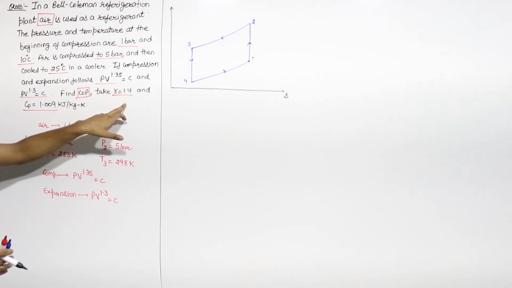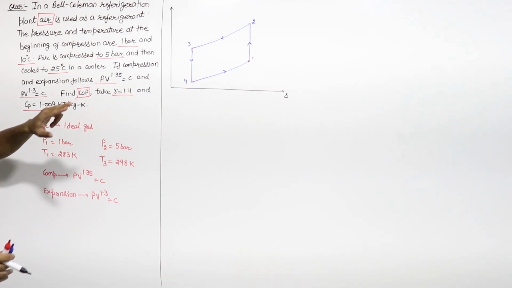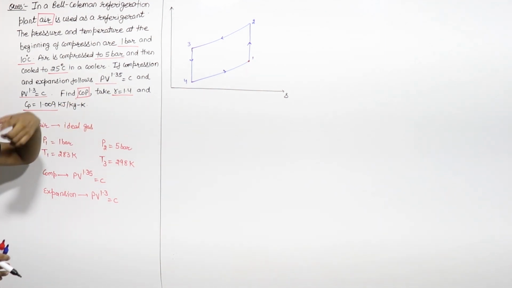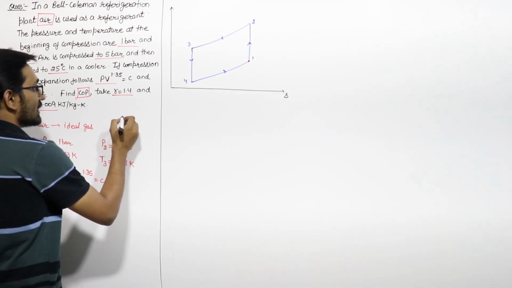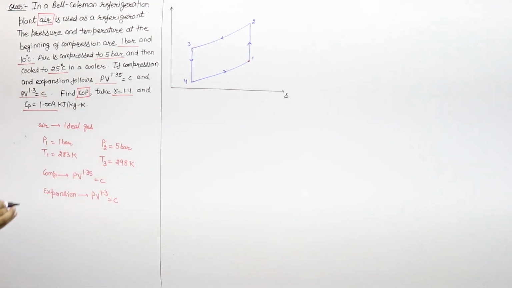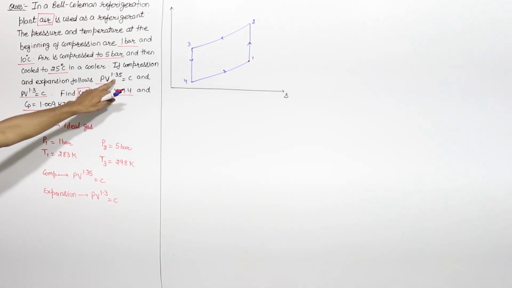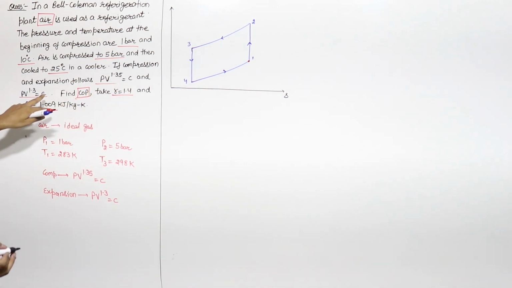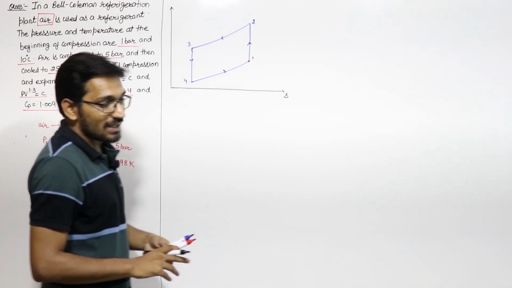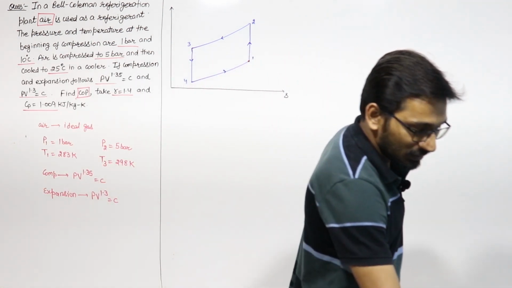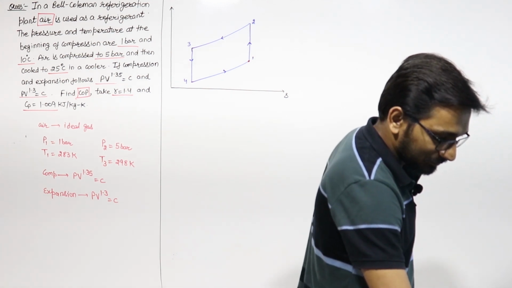Gamma for air we know 1.4. So if the process is reversible adiabatic, then the relation will be PV raised to power 1.4 is equal to constant. But here the relations given are PV raised to power 1.35 is equal to constant and PV raised to power 1.3 is equal to constant. This relation is given because of the, you can say that